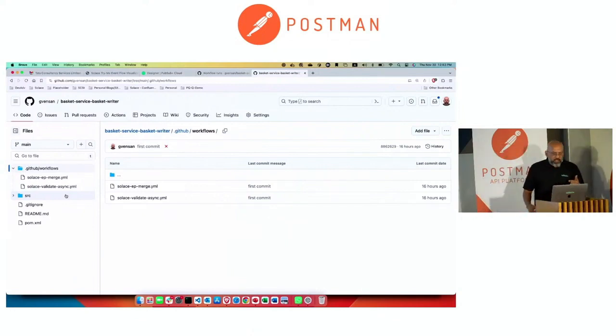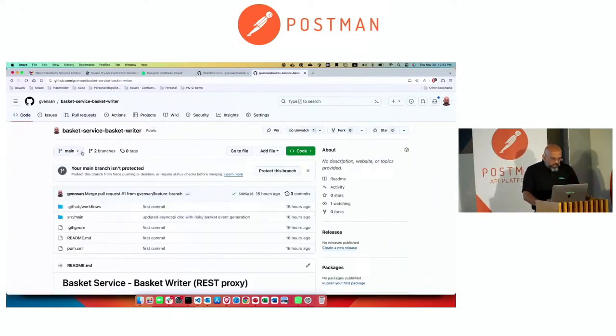That's one check. Second thing is, if it is valid, see if the file is found in the existing repository with the same name. That's a second check. If it is found, do a diff. If it is found to be different, import it to the Event Portal. See the 4 checks?